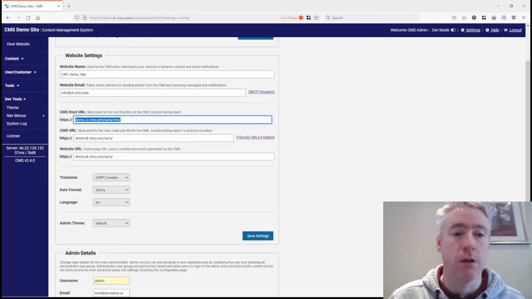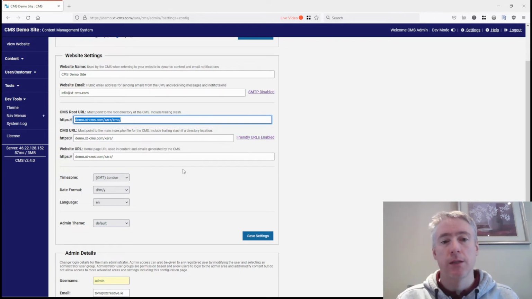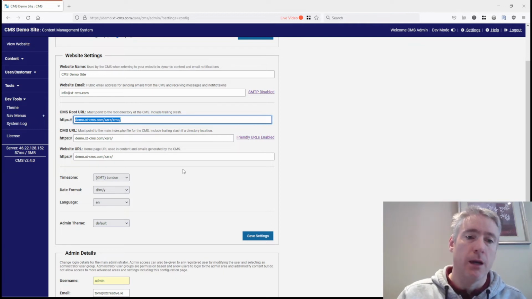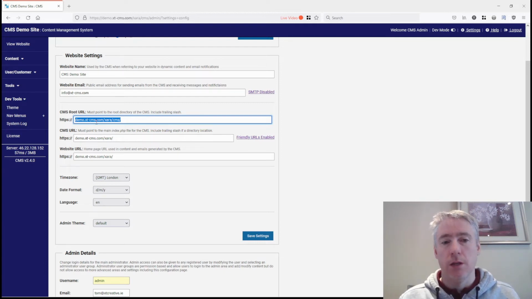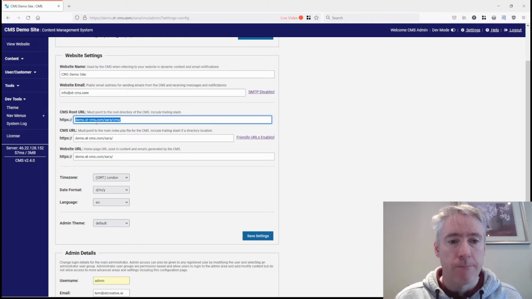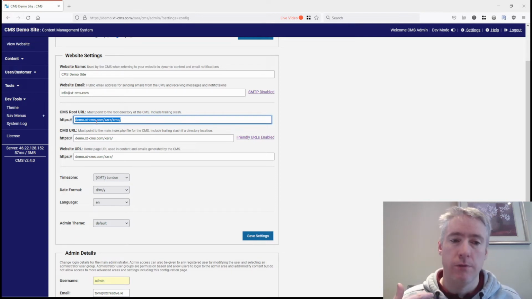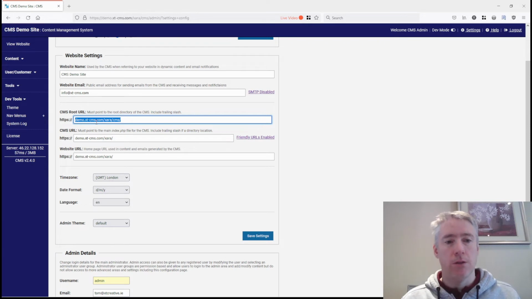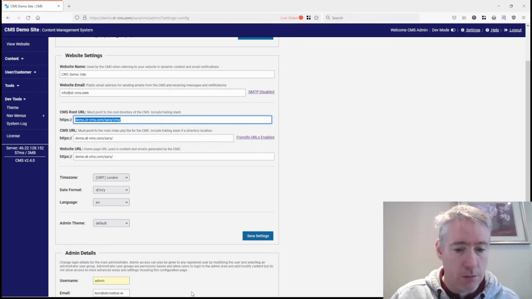You can see if it's right or wrong, basically, because it'll be input here and stored with the settings, and you can change it if you want. In some cases where it doesn't automatically detect, you need to manually set it there, and basically all you're doing is just pointing to the folder where the CMS is installed, the URL to the folder. You can still do it in the config file as an override, but now it's in the admin area, which just makes it more visible to the user, and also easier to change if you need to. So that's changed. What else have we got going on? Let me see.